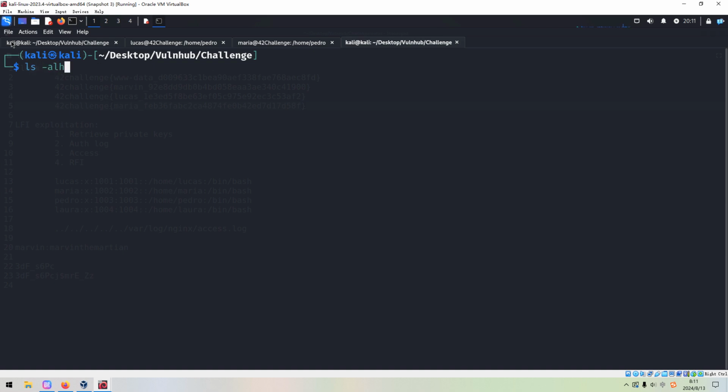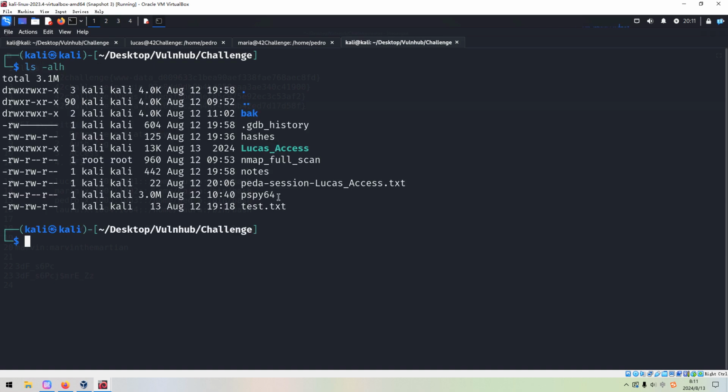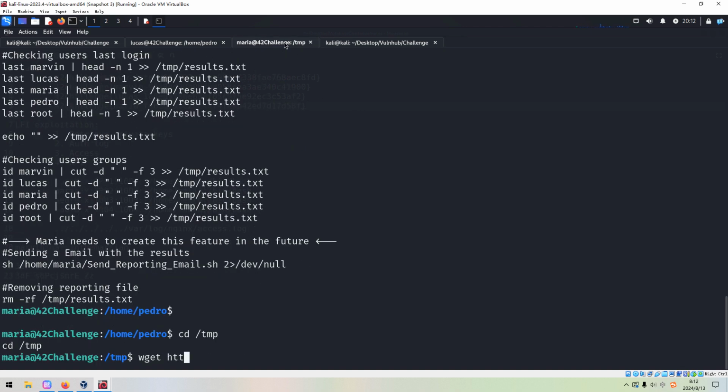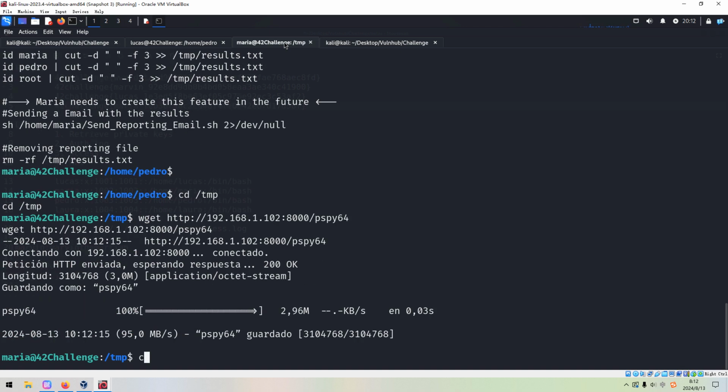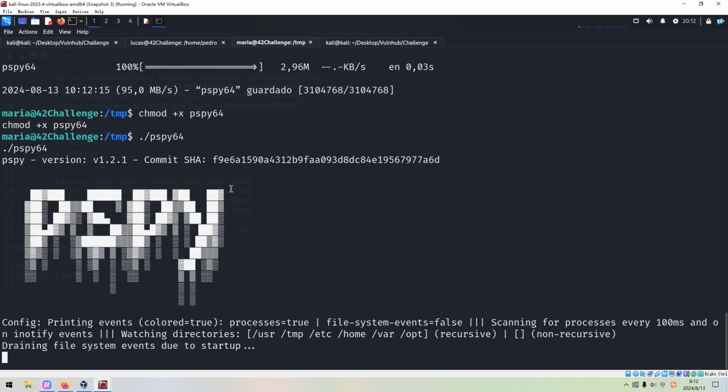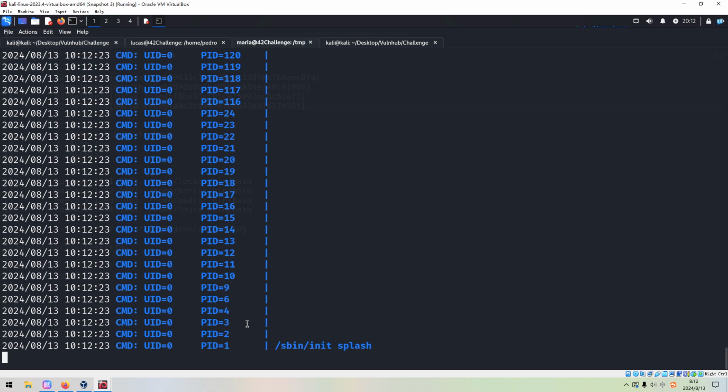I've already got this pspy64 utility ready. And next we need to set up the web server. Now we go back, and we can use wget to upload pspy64. We need to make it executable, and we can run it to see whether we can find some interesting processes.